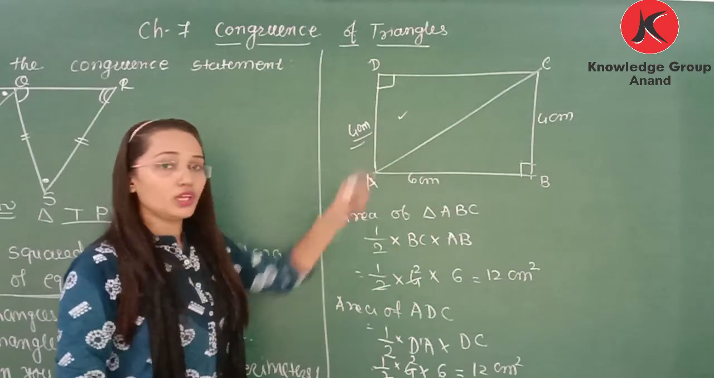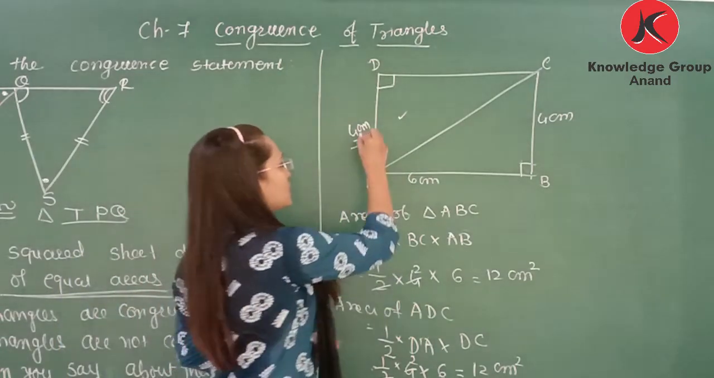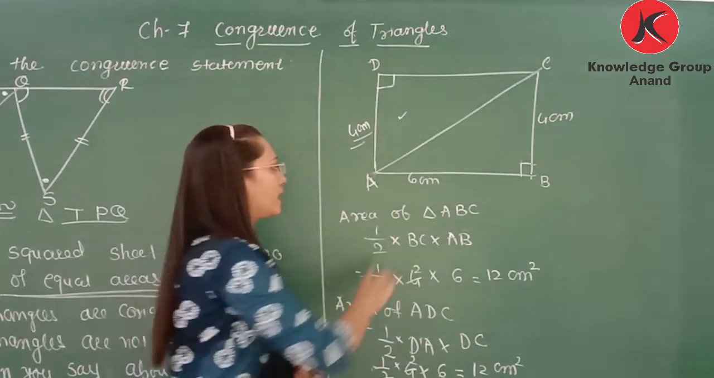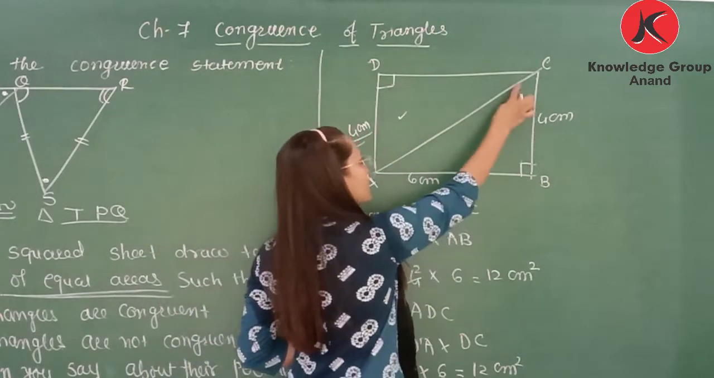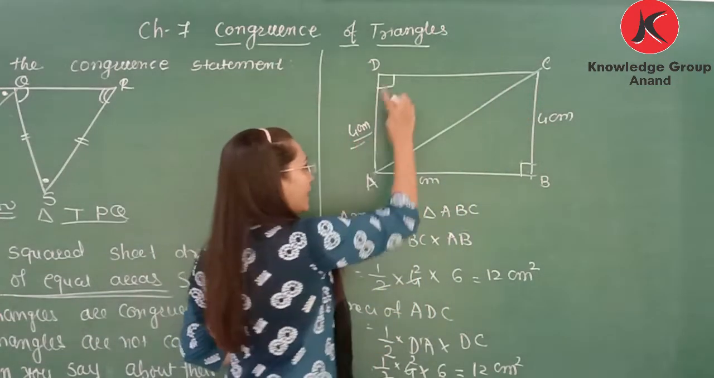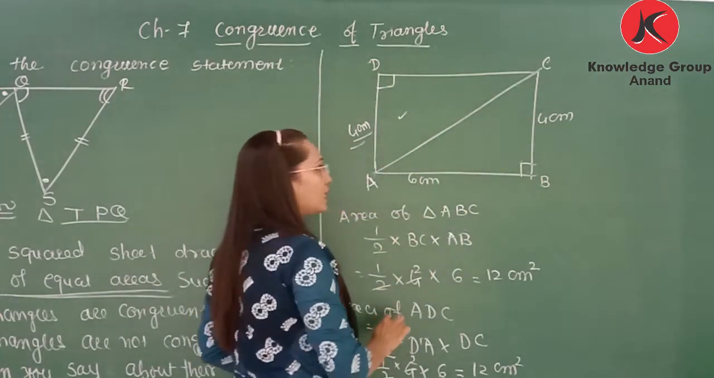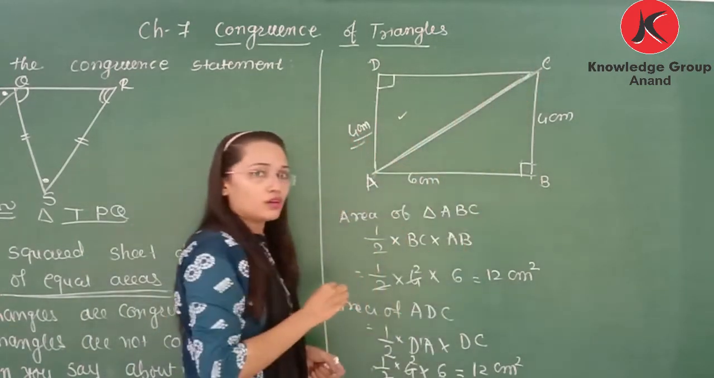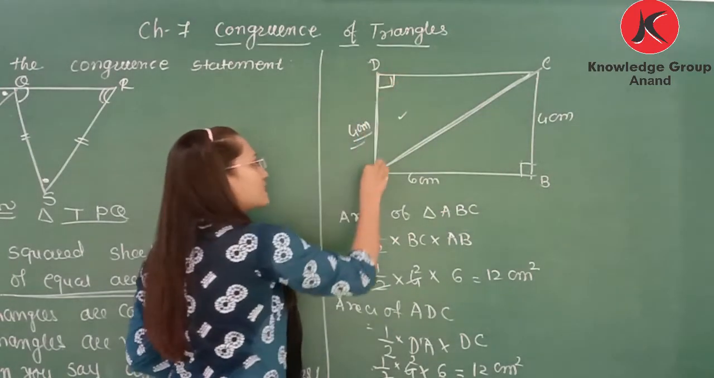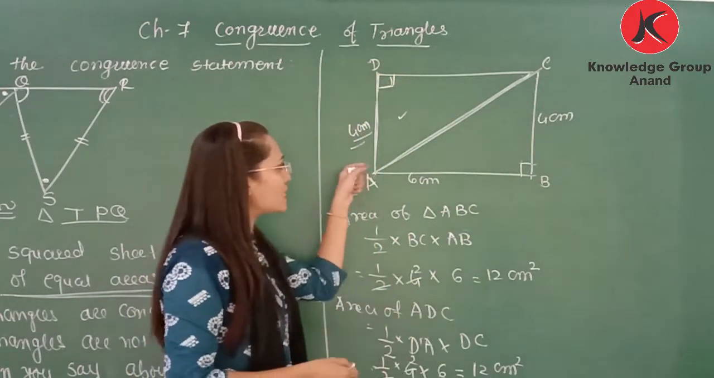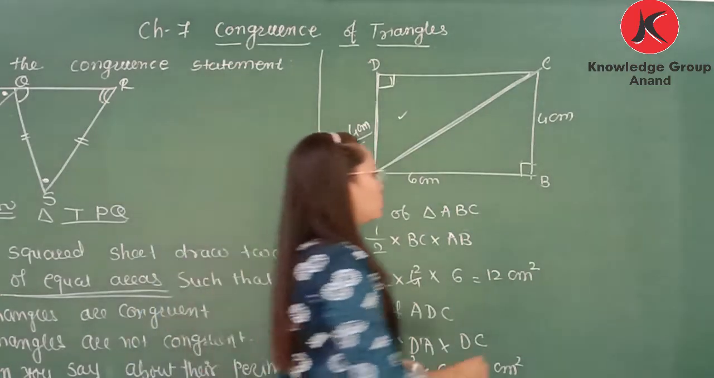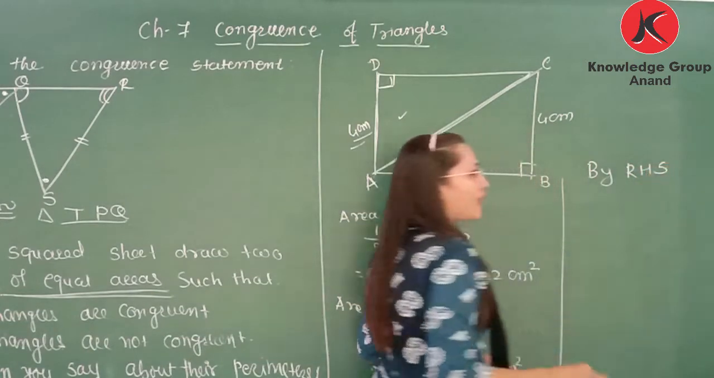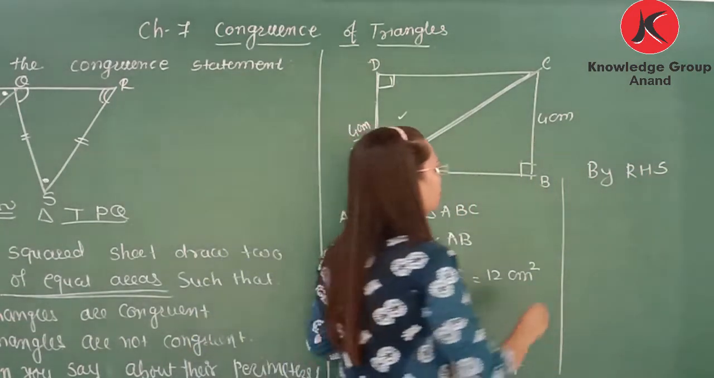Now they are congruent. Why? Because you can see the opposite sides, this side and that side, are equal. D and B are right angles, and AB and BC are equal. So you can apply the side angle side criterion or you can apply the RHS criterion. Why? Because this is the hypotenuse and this is the right angle and one side is also equal. So you can say that by RHS the two triangles are congruent. So we write, by applying RHS or you can apply the side angle side criterion,